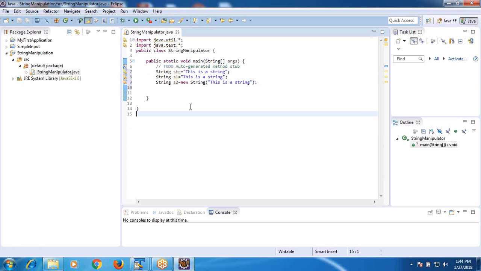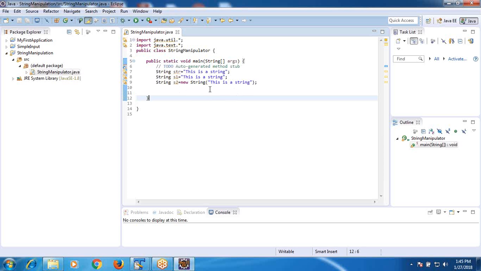What is happening here? I created another object. All the three contain the same data, but I am assigning constants for the first two, whereas here I created an object. str and s1 are going to be the same, but str and s2 are not the same. s1 and s2 are not the same. These two are different. They refer to different locations in memory. str and s1 refer to the same location, whereas s1 refers to one location and s2 refers to